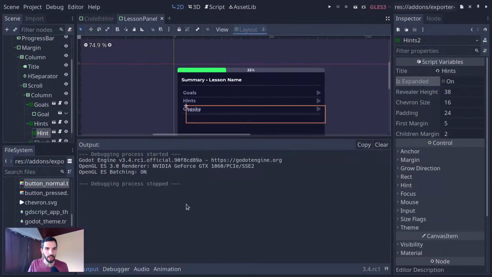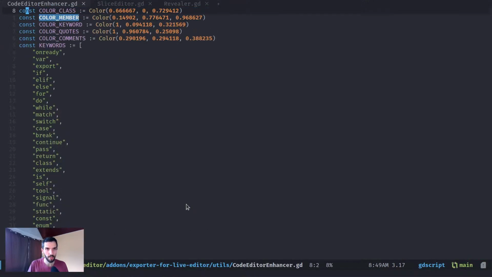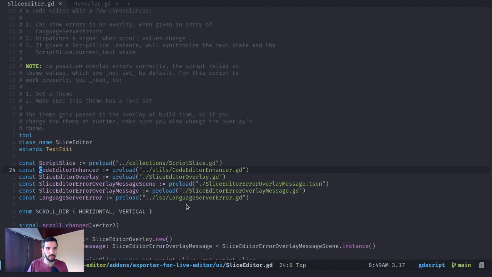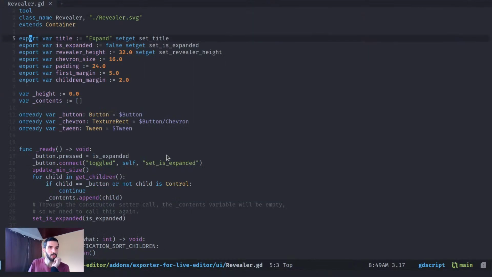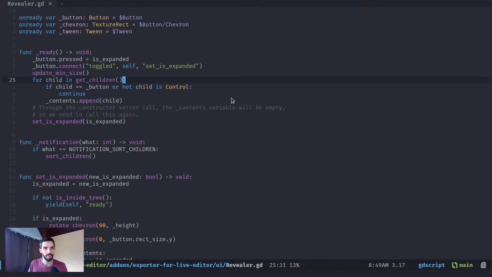Okay. So this one, let's see how the code works, because this is a custom container that folds, so it's a bit harder to manage than the other things. So here's the code for the revealer. Padding, chevron size. Okay, let's see. First, one thing at a time, I'm going to write this down. Expanding horizontally is the first bug, and the second is vertical size